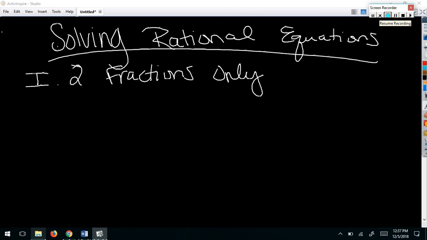All right, so scenario 1 is I have 2 fractions only, Colin, for goodness sakes. Can we take the book off of our hands? Colin, take it off. For example,